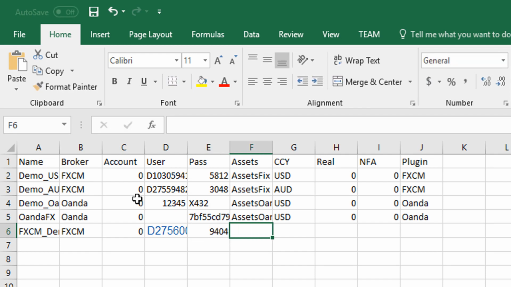We'll also tell Zorro to use the default assets.fix CSV file, which will provide the trading conditions that we would like to simulate with this account. FXCM was the first broker that Zorro implemented an API plugin for several years ago. For that reason, the default asset names that you find in assets.fix when you first install Zorro are the ones